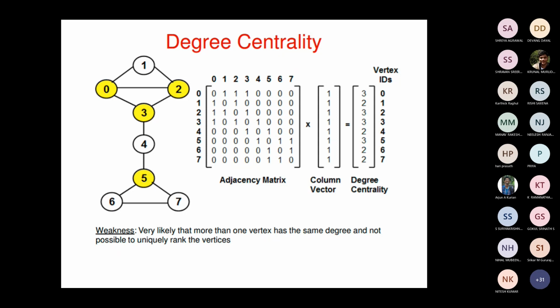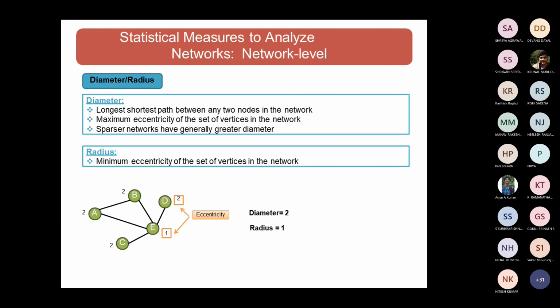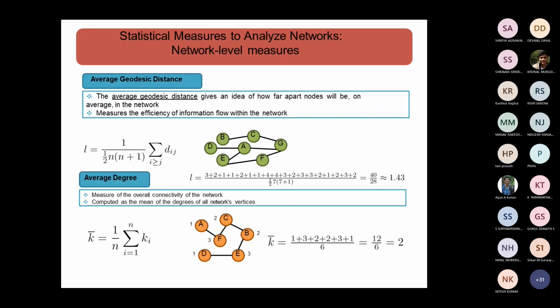Okay. And then degree centrality we have already seen, and then eigenvectors, I hope all these things we have seen. Okay. Diameter, I have told you, longest of the shortest paths, which can be identified. And then radius, the minimum eccentricity of the given set of nodes. Okay, the minimum path that can exist. So most of the time the radius will be equal to 1 because in one step we can calculate it, and then